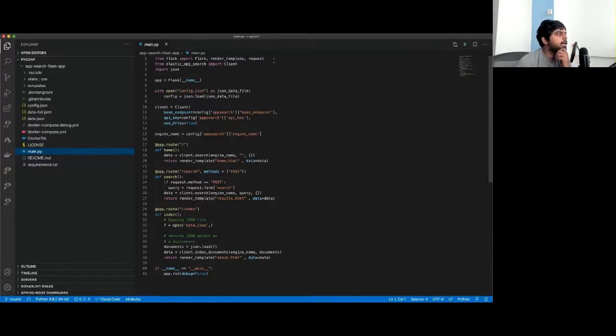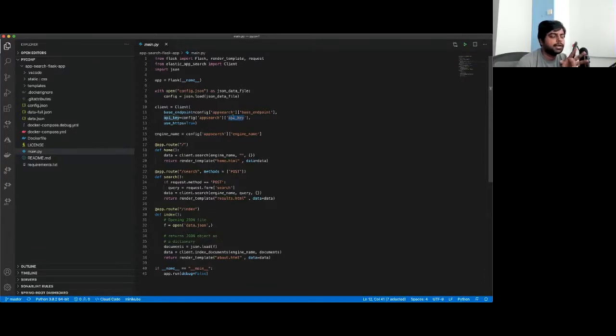Meanwhile, you can see that I have Flask imported, Elastic App Search imported, and the client related to it, and I'm just reading from this config.json. Then I have the base endpoint, which is the endpoint for my search engine, and then I also have the API key that is necessary for me to write the data into the search engine. Ideally this would be the key wherein we would let the app read the data and pass on search requests, but because we are also looking to index the data, I have an indexing endpoint.